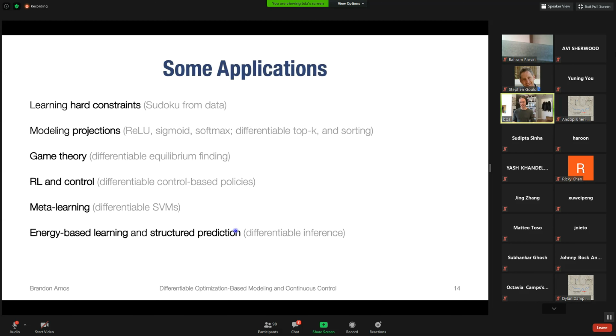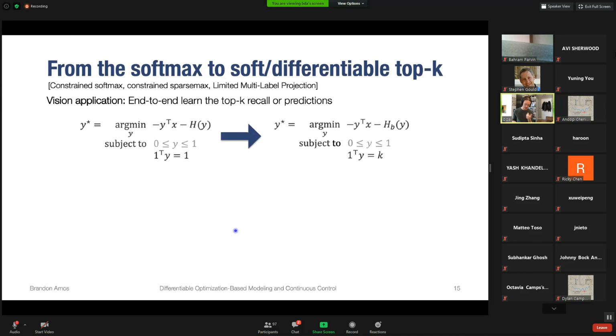So I'll leave most of these applications out of this talk, but I'll focus on one more foundational one, and then I'll go deeper into this control part later in the talk. So I think one interesting generalization of this idea that you can project onto the simplex, and you can interpret the solution to that as the softmax, is that there's an interesting connection here to say vision